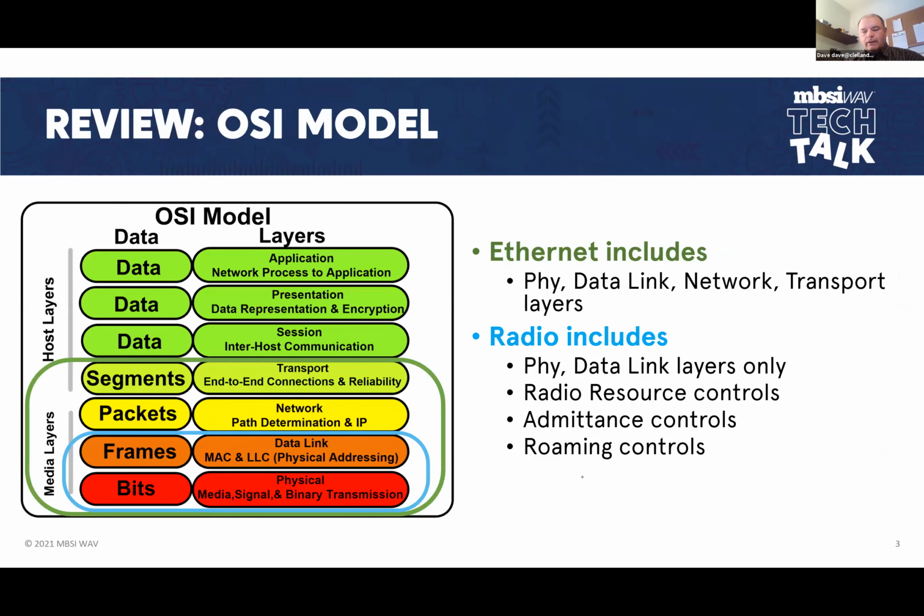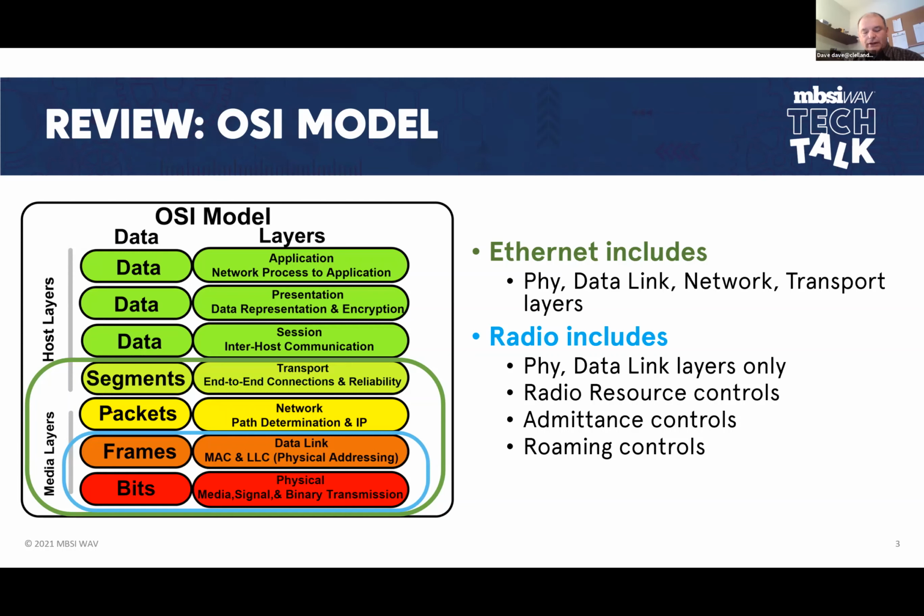So let's review the OSI model. When we're dealing with broadband wireless, we're really dealing with 2 different subsystems, right? We're dealing with an Ethernet subsystem that connects to it, whether that Ethernet system is fiber or Cat5. Nevertheless, we have an Ethernet subsystem that's connected to it. The radio system is the second system, because we have to get the signal over the air. So the Ethernet subsystem includes what I would consider to be layer 1 and layer 2 of this model here,